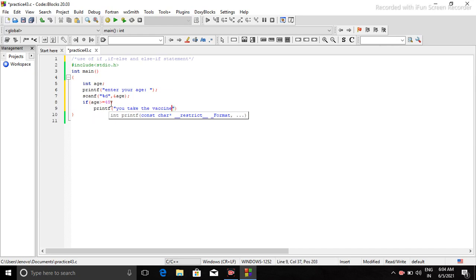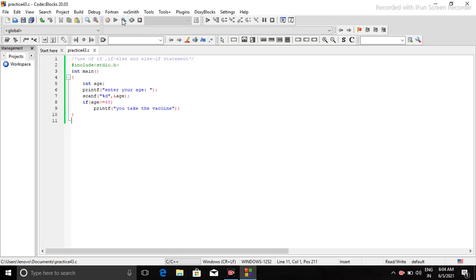So whenever the user writes his age, and if age is greater than 45, then my program will print that you can take the vaccine. This is a very simple code which I have created to demonstrate how if works.